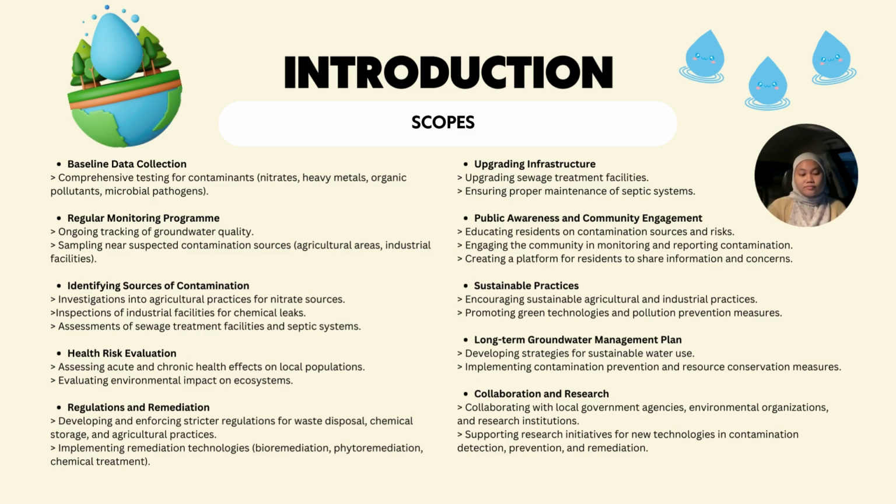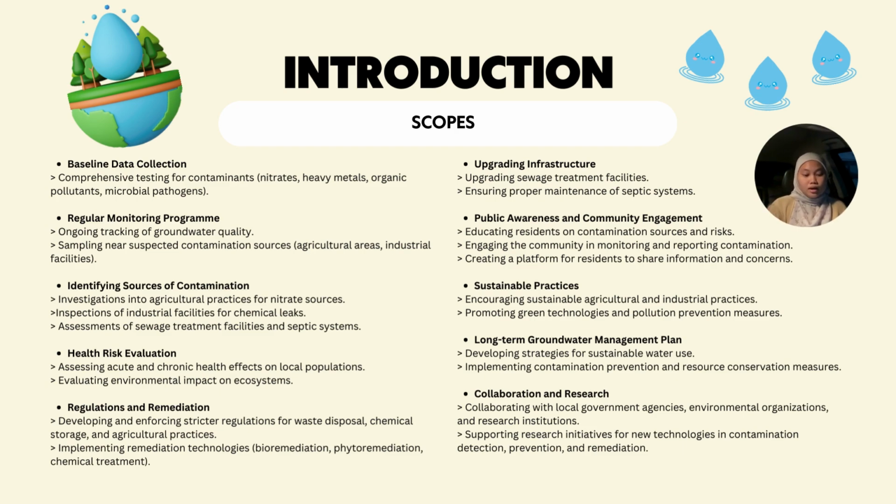facilities. And next is identifying the sources of contamination, which is investigation into agricultural practices for nitrate sources, inspection of industrial facilities for chemical leaks, and assessments of sewage treatment facilities and septic systems. And the health risk evaluation is assessing acute and chronic health effects on the local population, and evaluating environmental impact on